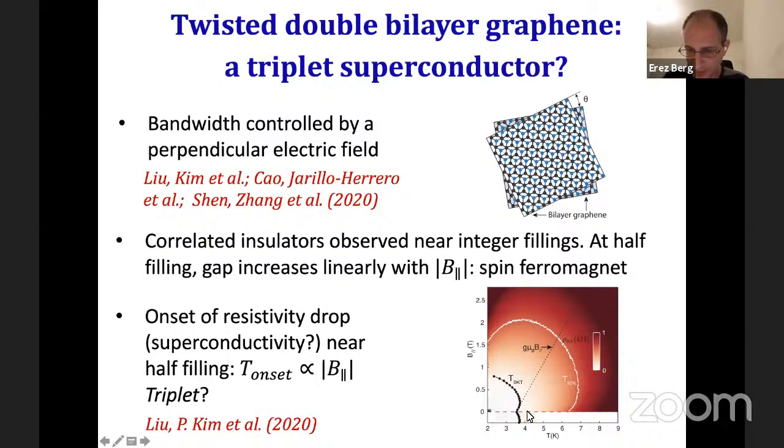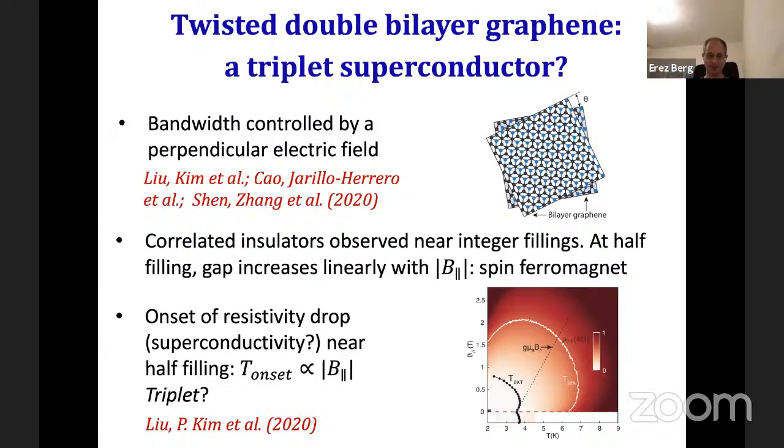And you see that it actually increases linearly as a function of in-plane magnetic field for small fields. And there's actually a cusp as a function of field at zero field. Eventually, if the field becomes big enough, it starts dropping. Okay, so TC goes up as a function of field. That's very, very unusual for a superconductor. And basically, the only way to get that is in a triplet superconductor. Basically, triplet pairs can gain condensation energy in the presence of a Zeeman field.